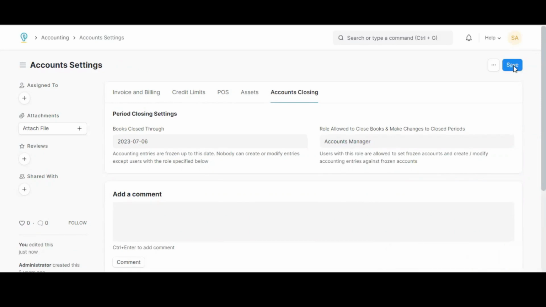That's it. You've learned how to configure account settings in the Accounting Master module of Parsimony. Customizing these settings allows you to adapt Parsimony to your